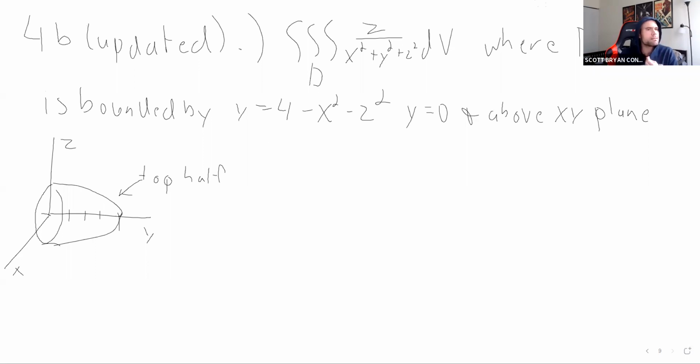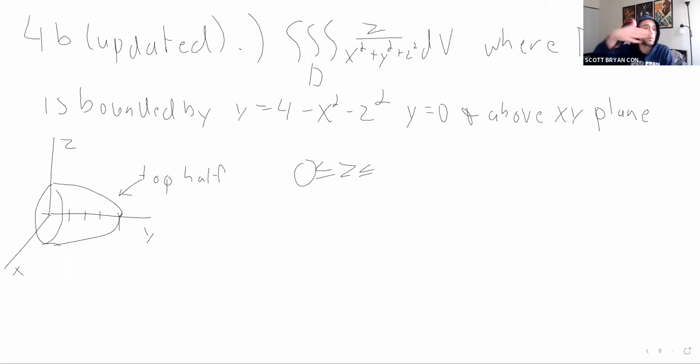But let's see what we get when we do that. So if we do that, we get z is bounded below by z equals 0, easy enough, and bounded above by